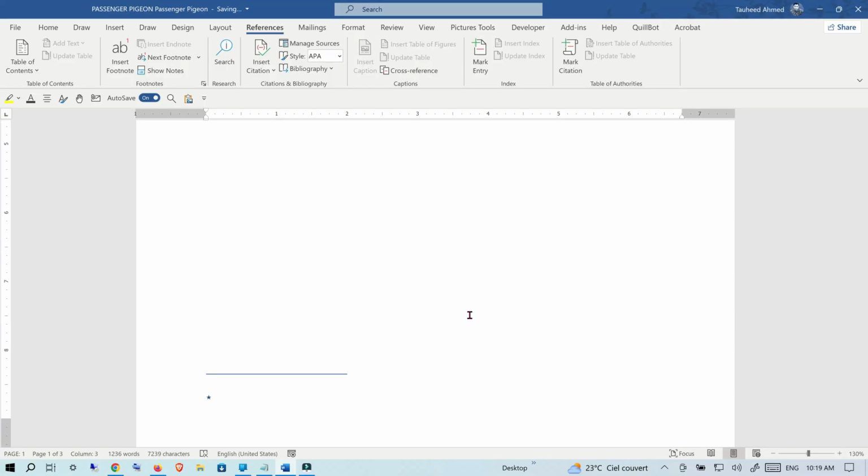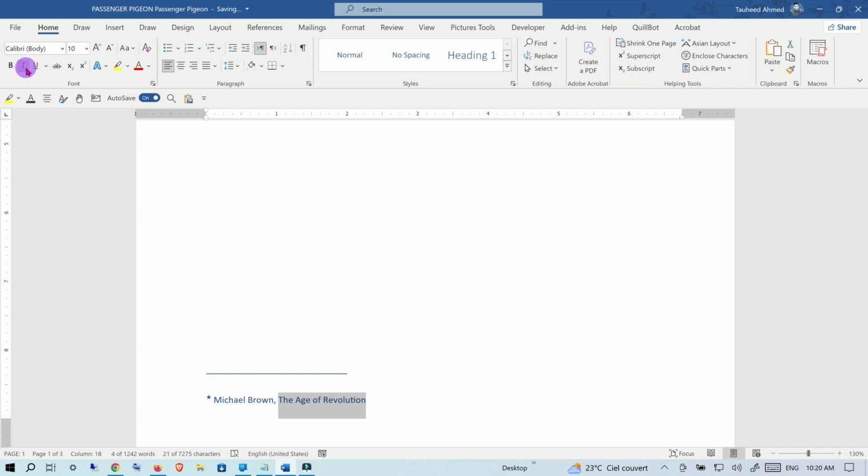And now you can type your footnote, for example, author name, first name, last name, comma, and then the title of the book, for example, The Age of Revolutions. Select it and go to the Home tab and make it italic, and then comma, and then remove the italic and put the